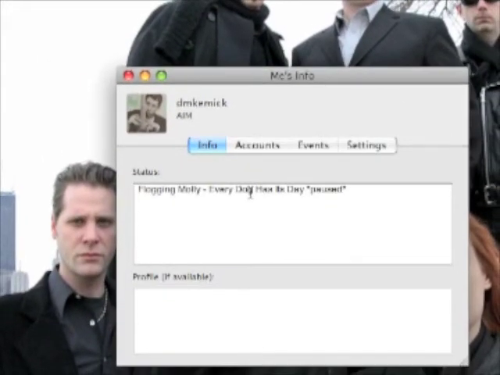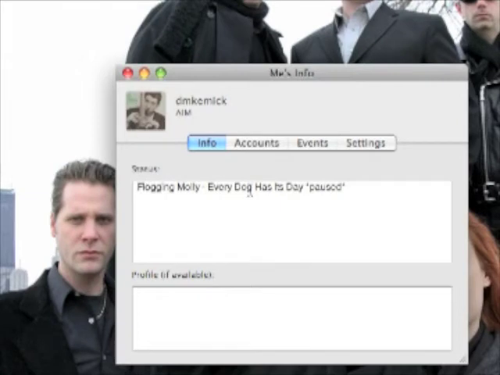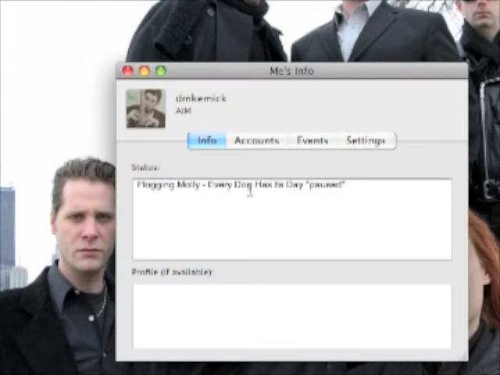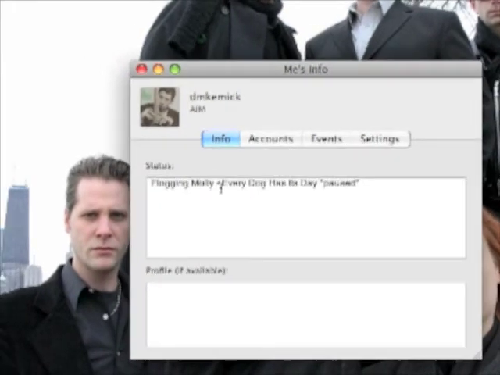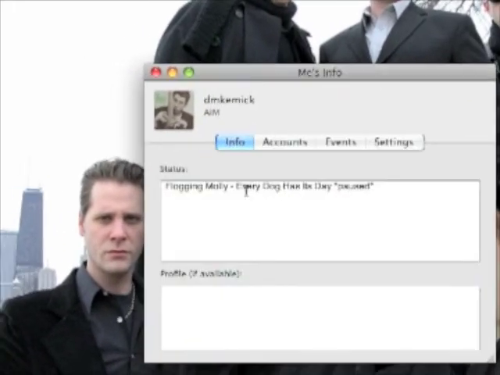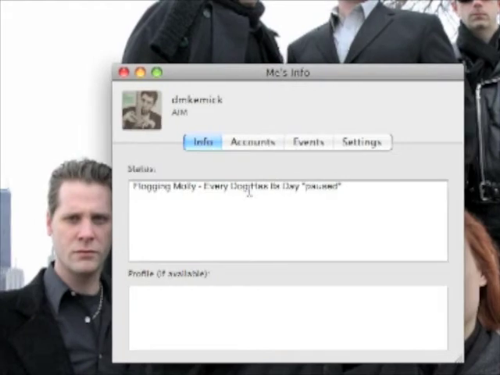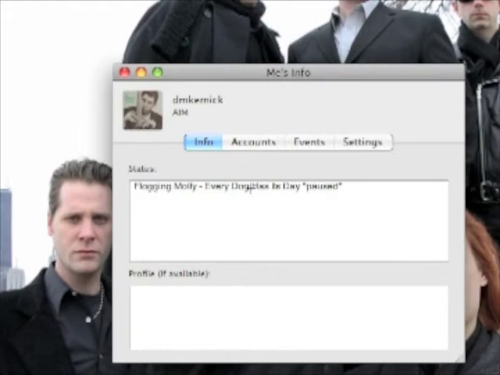So what I've done is I've added myself to my instant messenger list, so I don't have to show you my list of contacts and, I don't know, potentially let their username slip. And as you can see right now, it says what I was listening to. And obviously it's paused because I'm not listening to it right now. So if I go ahead and hit Alt-P and start playing it again,